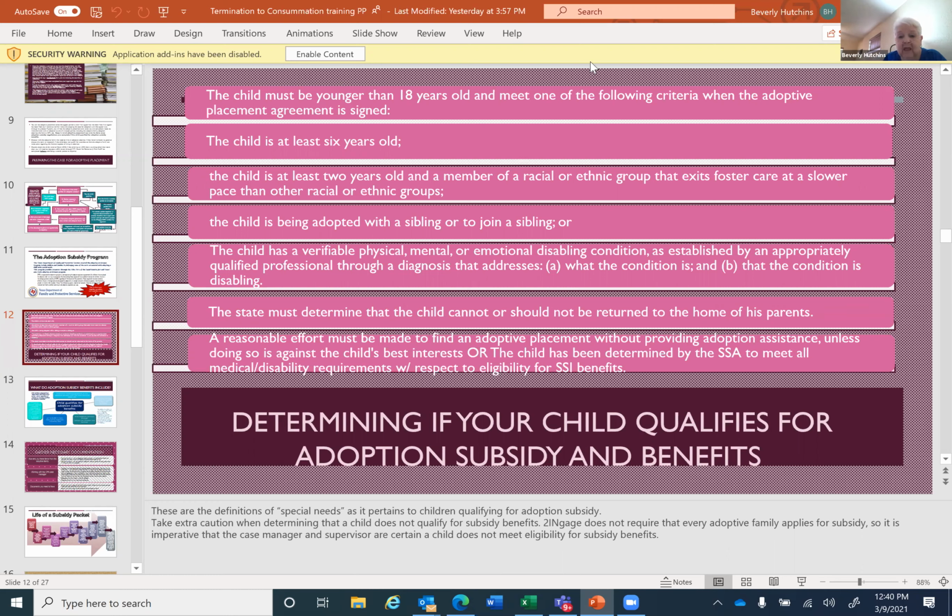The subsidy packet is sent to the adoptive family, and they have to complete several pages of it. There are things about their income and their history and such. So there's an entire packet that the PCM has to put together to send in to get a subsidy. Now, I know that if any of you have been involved with CASA for a very long period of time, you hear discussions about how long the subsidy process takes and how many problems we have getting the subsidy